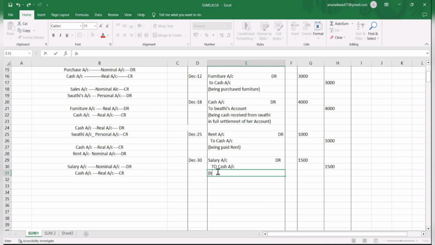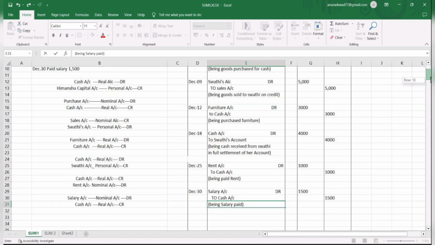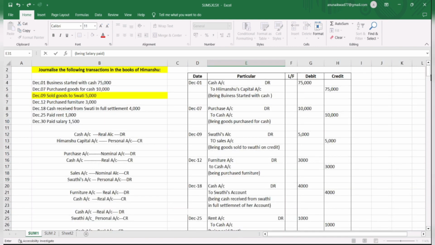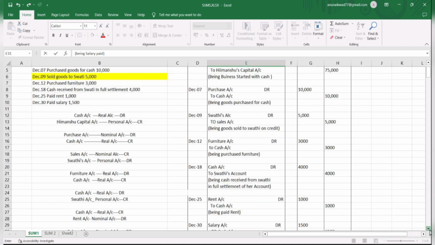So being salary paid. So we have completed all the entries. This is how we have to analyze the transaction from the business point of view, understand whether it is an expense, gain, asset, liability or a person's account, and then apply the rule, then understand about credit or debit entry. This is how we have to record our journal entries, and the last step will be